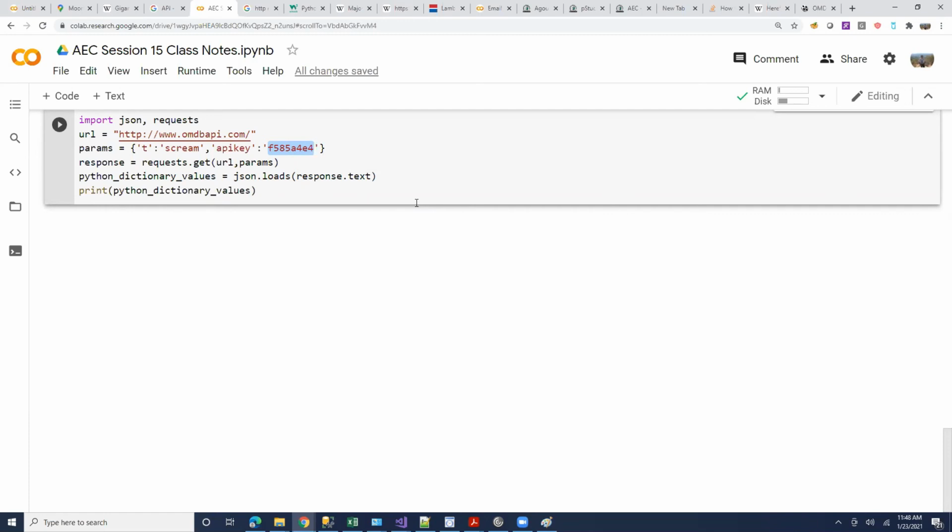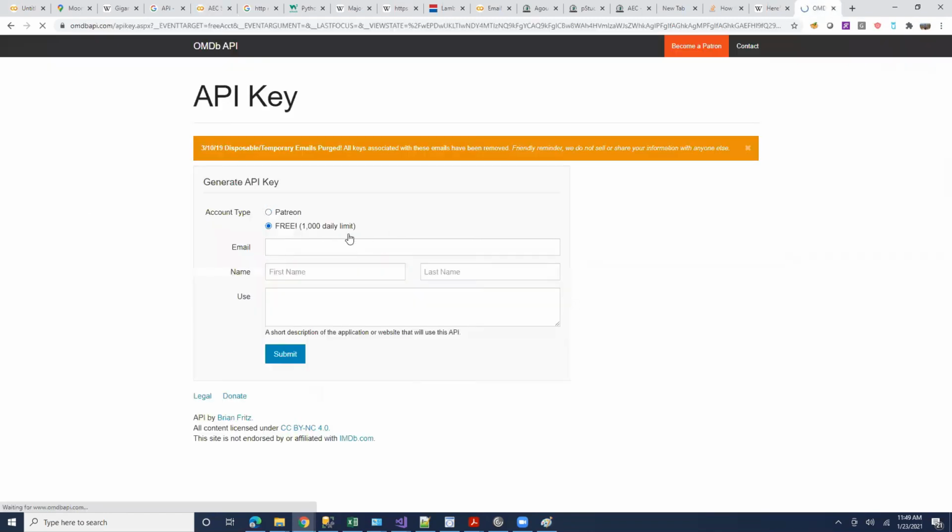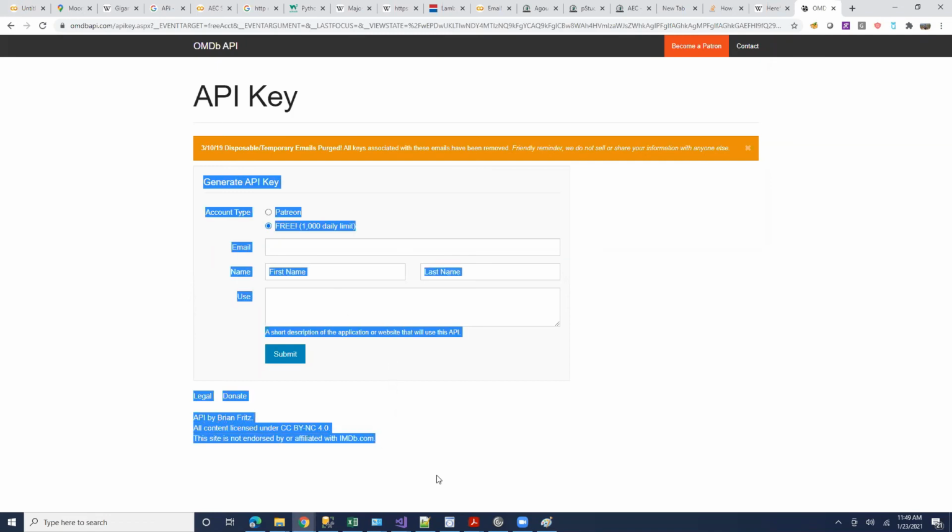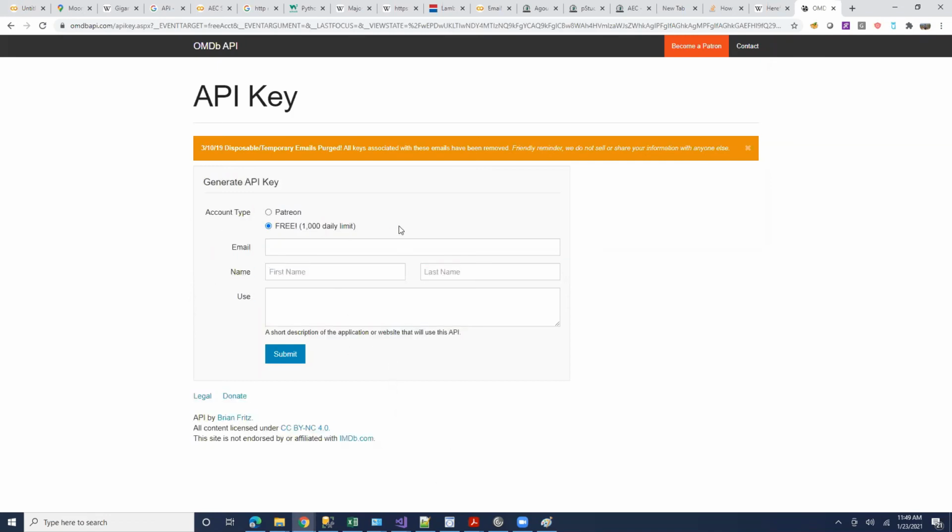API key is basically your username. This website is saying, okay, whatever my username is, I can only submit 1,000 queries per day. So I only have a 1,000 query limit because I got the free account. If I had a Patreon login, probably I would have gotten unlimited queries. So this is the website's way of making sure I don't abuse it.